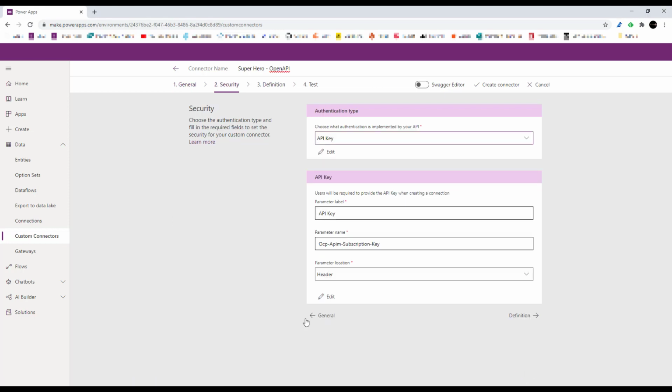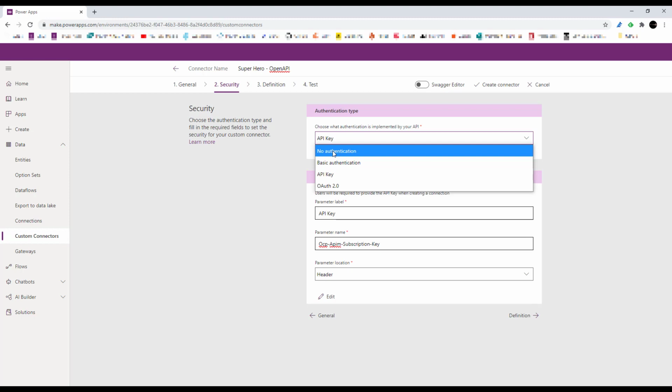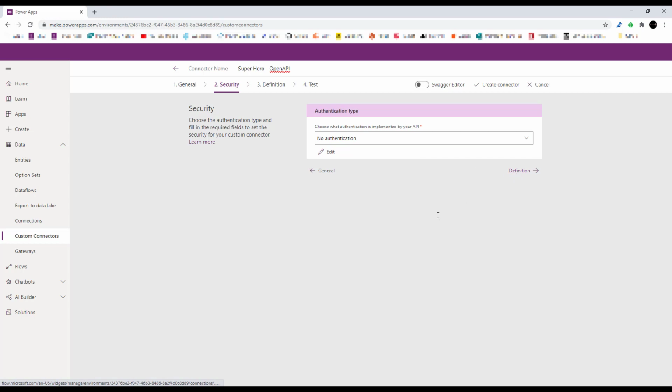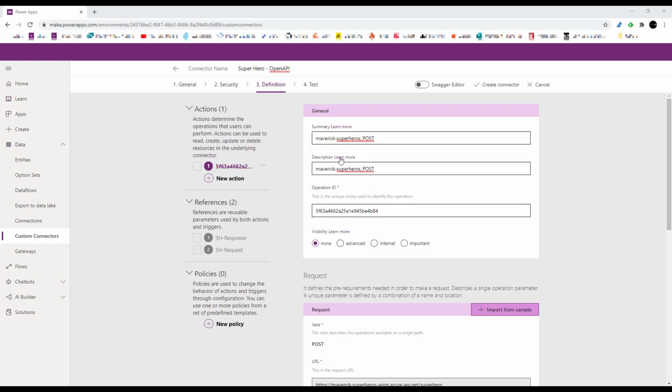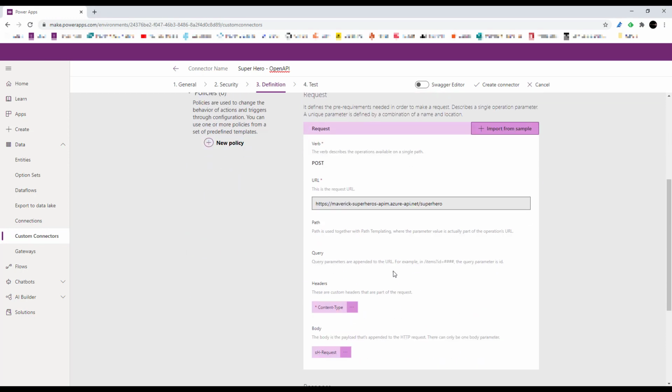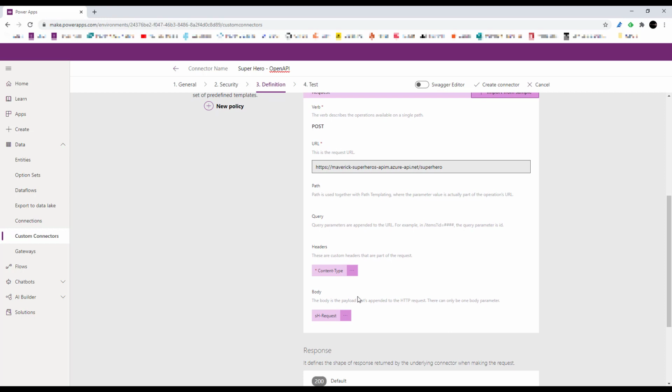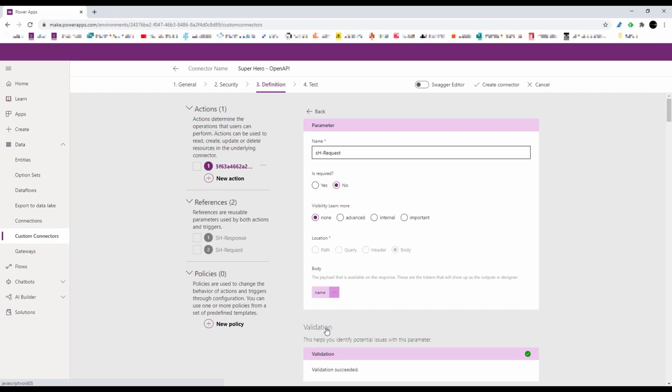So let's go to security. In the security, if you have checked the subscription key, then this would auto-populate, but we don't want it, so we can always change this while configuring the connector. So we are going to select no authentication, and then it takes in the summary and the descriptions, whatever was provided in the API management configuration, but then it just takes a GUID. But the cool thing is, as we had provided definitions, it also provided the body. So if you go into the body,